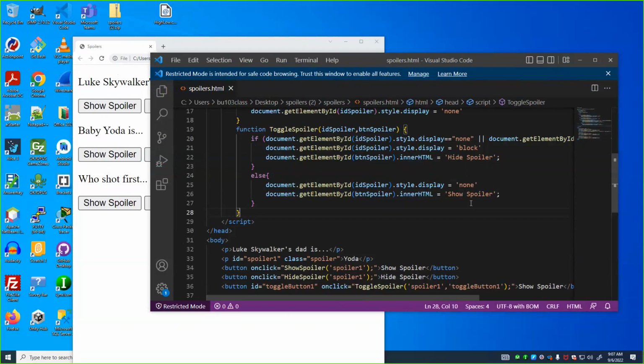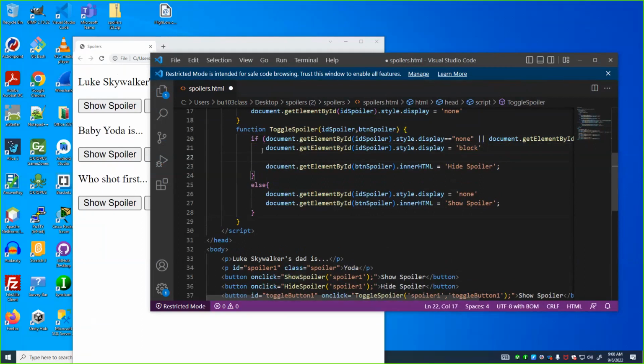can not only change the CSS of the page, we can actually change the HTML. And there's a whole bunch of HTML properties. Inner HTML is just one of them. For example, if we wanted to change an image, we would change the src property. If we wanted to change the class of something, we could say .class. So we could actually change the class of this paragraph if we wanted to